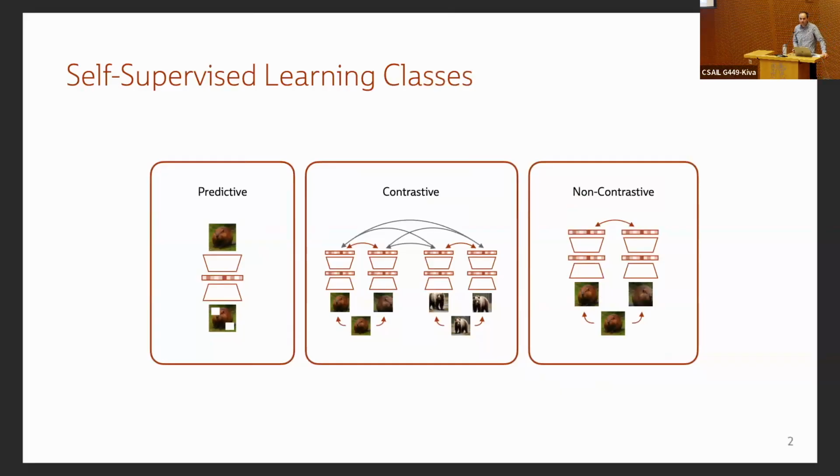There are many different classes of self-supervised learning approaches, and here we have categorized them into three main families. One are predictive models, which are basically based on autoencoders, where you map from an image domain to another image domain. And then you have contrastive and non-contrastive approaches. This work focuses on the contrastive and non-contrastive setting, and specifically on the latter one. So before going into non-contrastive learning, let's introduce contrastive learning.